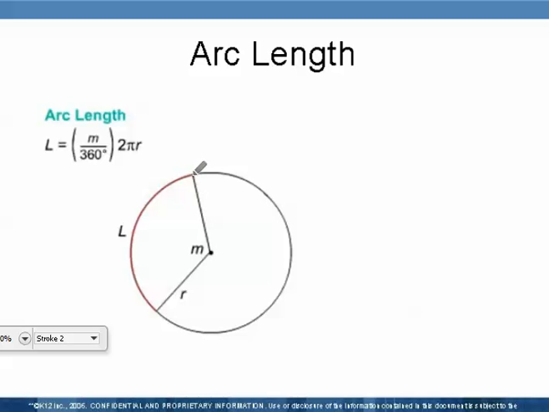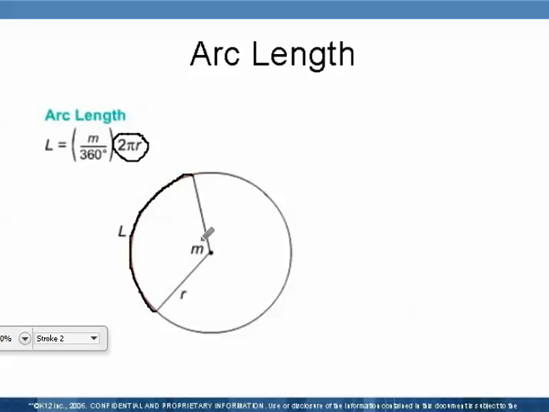When we talk about the length of something, we're talking about how long it is. So they're wanting to know, how long is this line that I'm drawing on here? They want to know how long that is. We know how big the circle is because we've got this formula over here for circumference, 2 pi r. And what we're going to do is multiply this 2 pi r